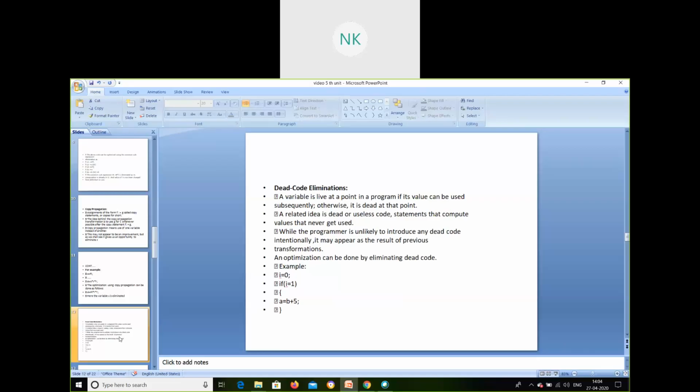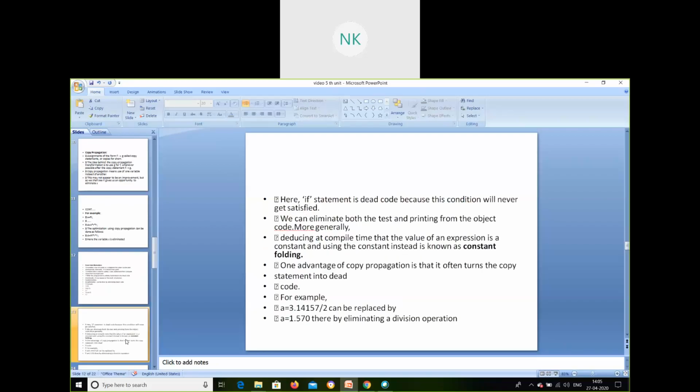Here you see I is equal to 0, if I is equal to 1, a is equal to a plus 5. I've already initialized the value for I. If it is going to be 1, why should this code ever be executed since it has been initialized? If that is the case, this if condition will be called dead code. This code will not be executed.